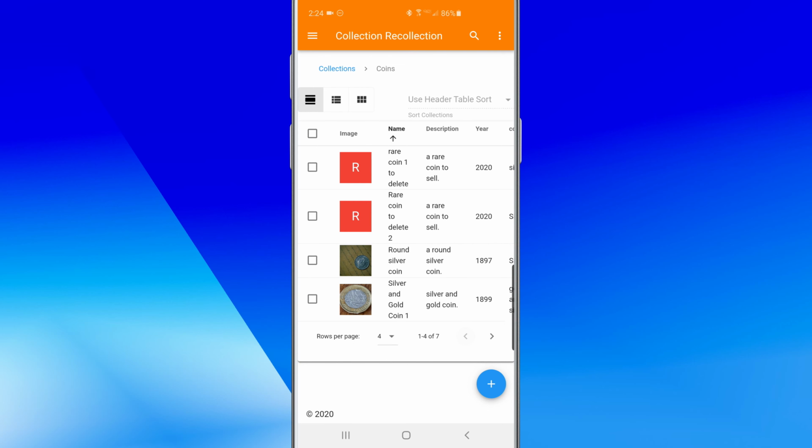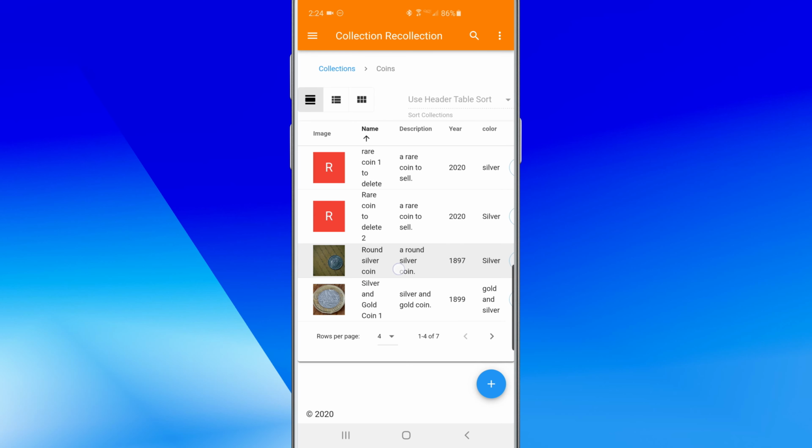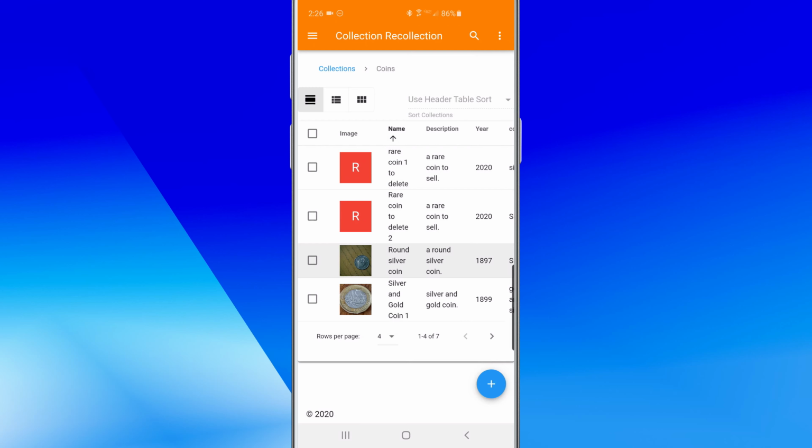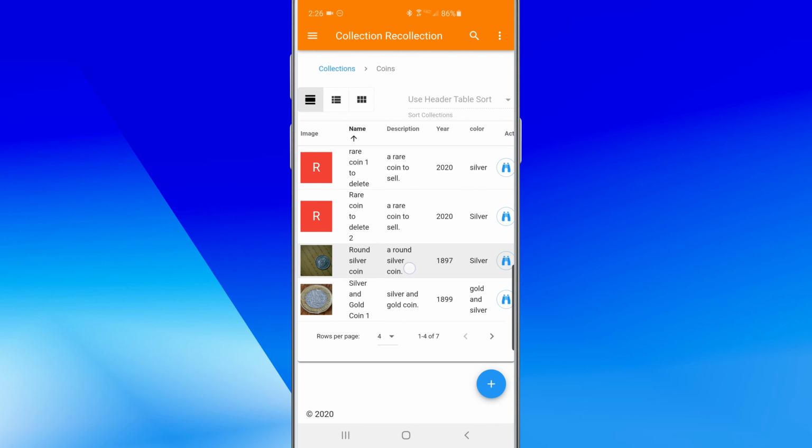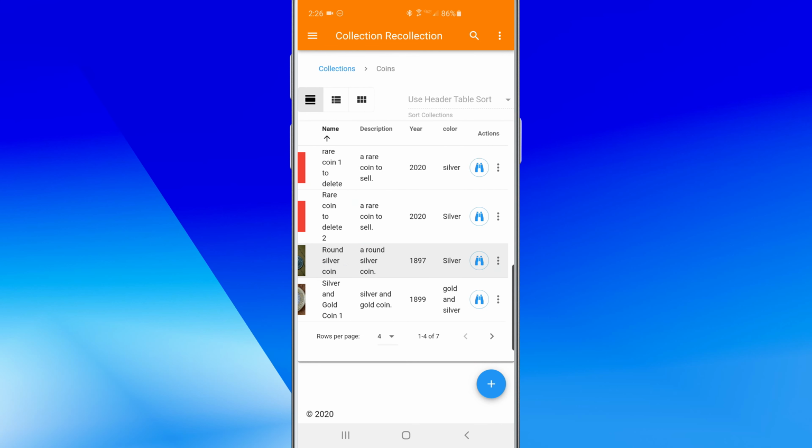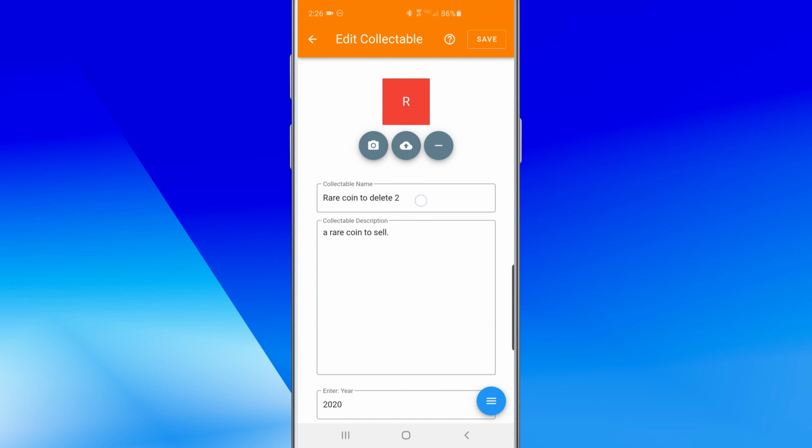To view more information on your collectibles, depending on how many details you have and screen size, you may have to scroll to the left or right. In the Actions column, you can tap the binoculars to view the collectible, 3 dots next to the binocular icon to display the action menu for that collectible, then tap Pencil to edit the collectible,